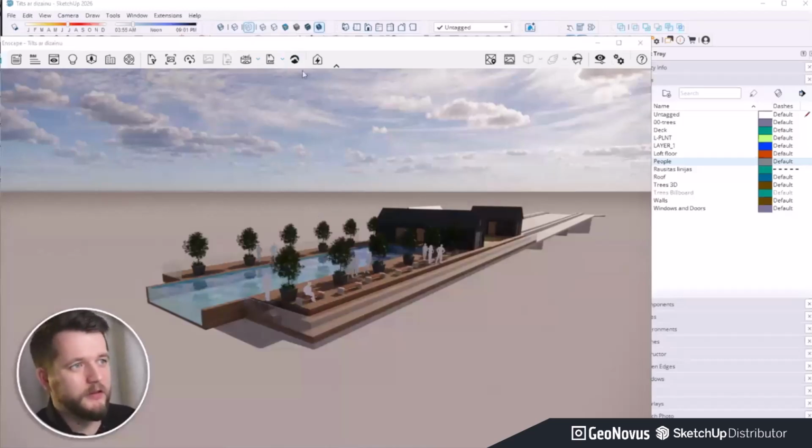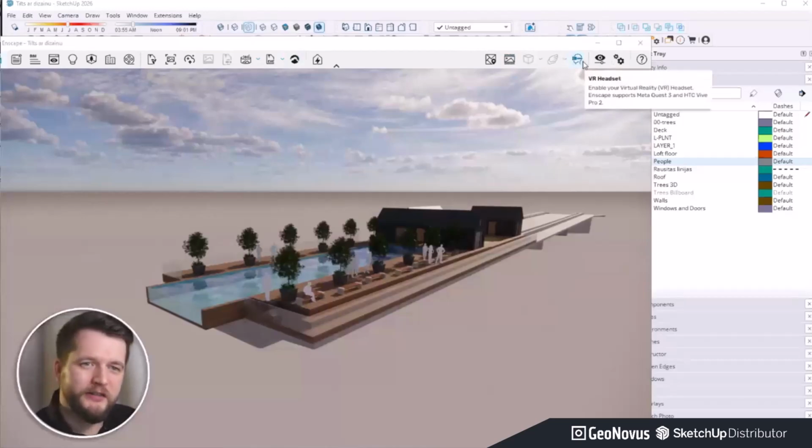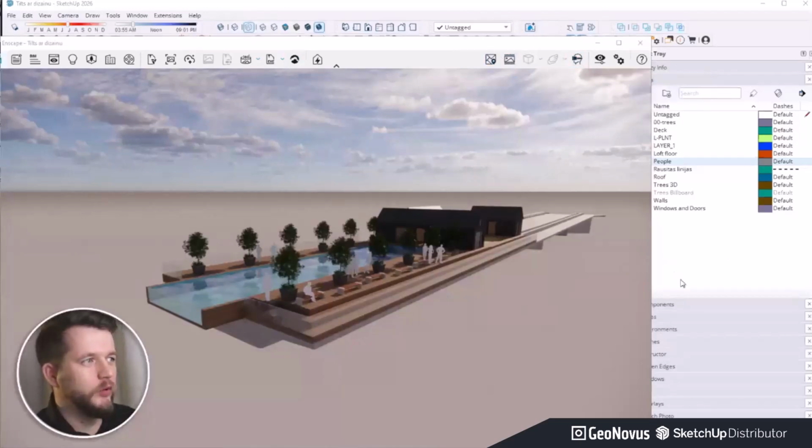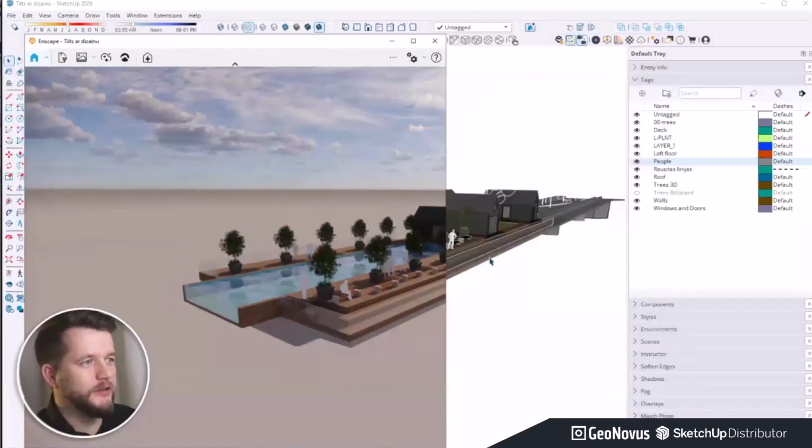And there's fantastic possibilities to use a VR headset as well, and in real time, where I could maybe change